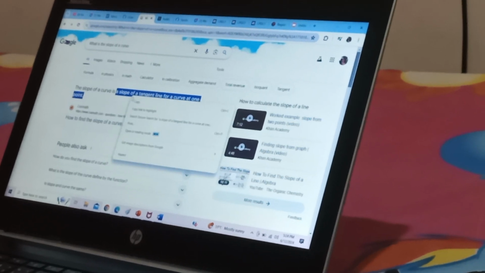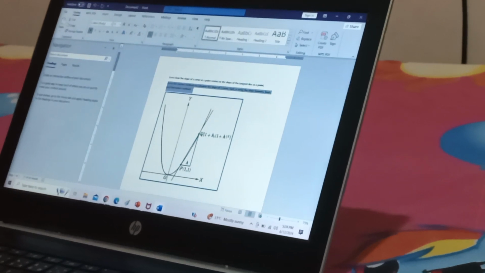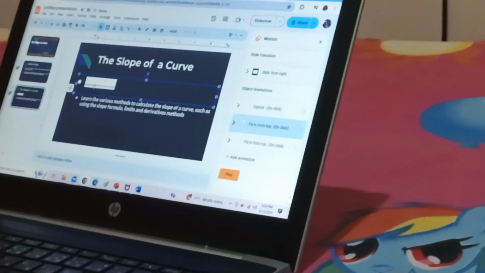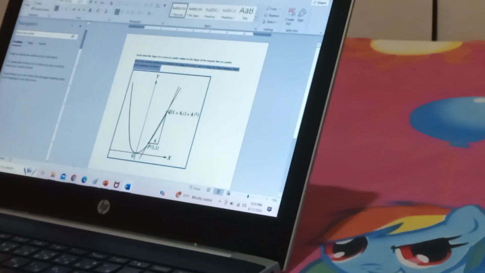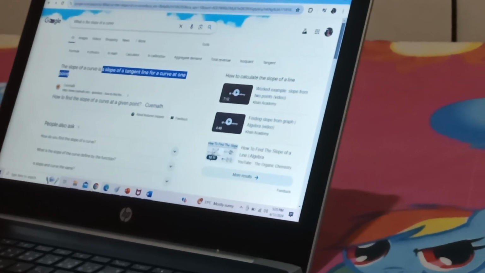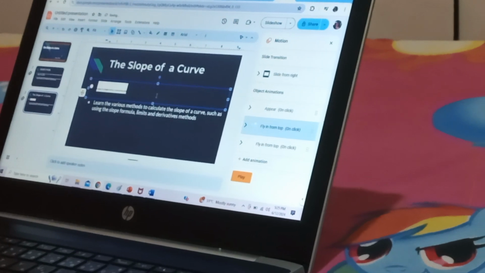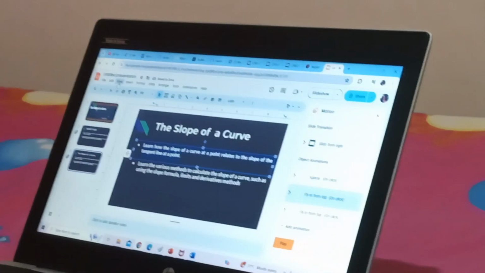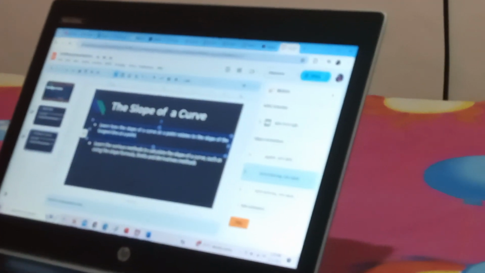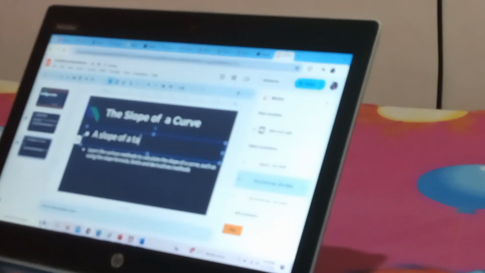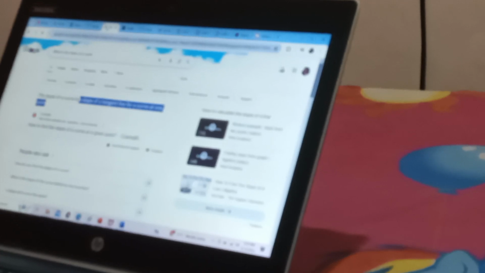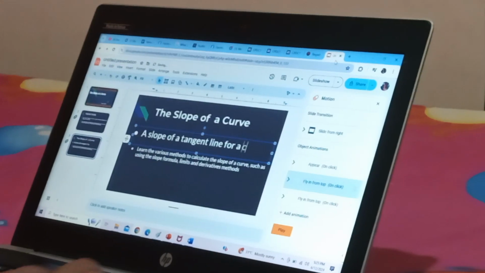So just copy. A slope of a tangent line for a curve at one point.